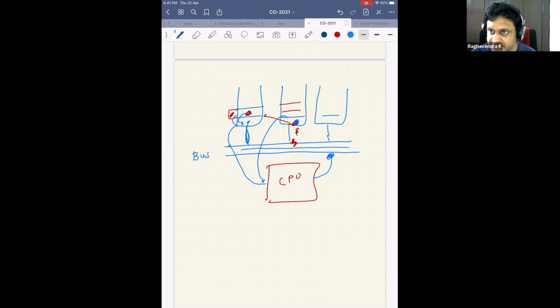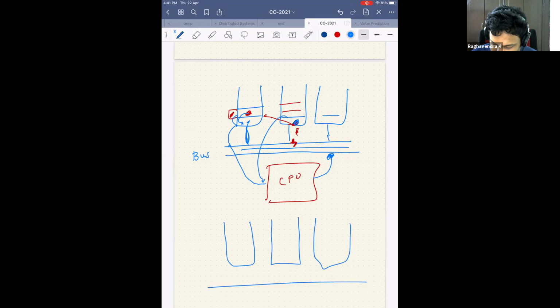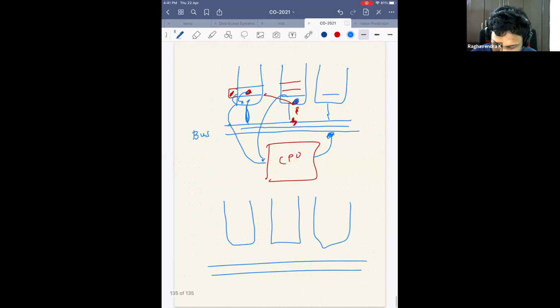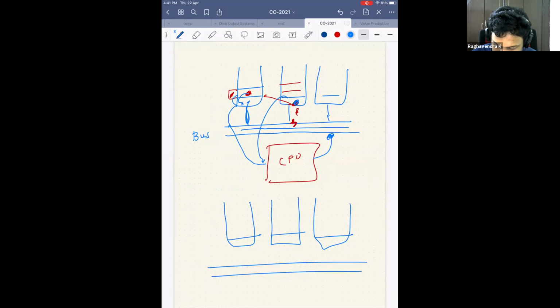So there are these buses going around between the CPUs and the queues, and everybody is writing to them. It's actually even more complicated than this. Let's say there are these 3 queues, and there's this bus and there's the CPU. Maybe this instruction here is dependent on this instruction and this instruction. So maybe this got executed and fetched the value, but it will still not go to the CPU and say I am complete, because it is still dependent on this other instruction.